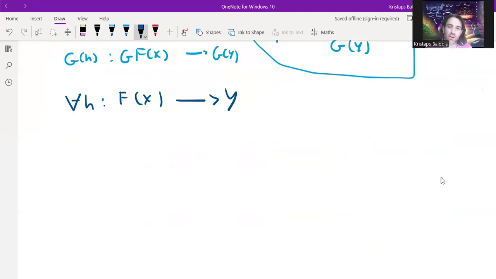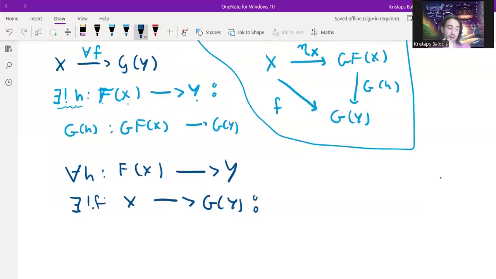So for all h going from FX to Y, you've got a unique f going from X to GY, such that what? Well, we think about the commuting diagram we had here. It's going to be a very similar sort of thing. So we've got our map FX to Y,